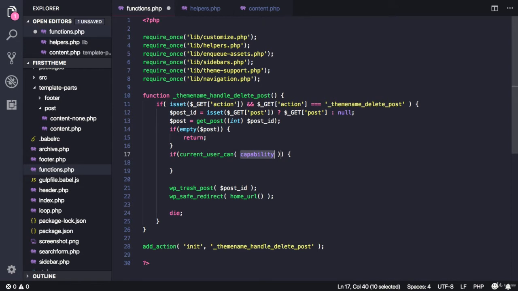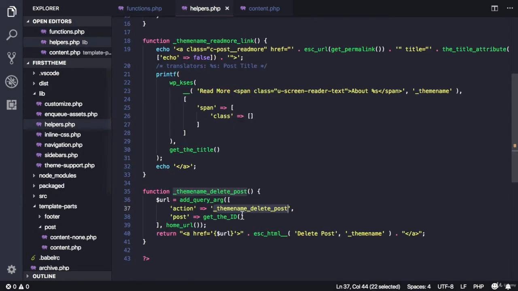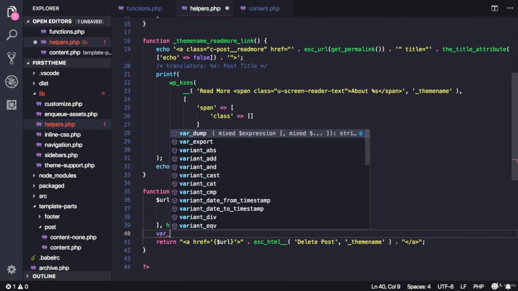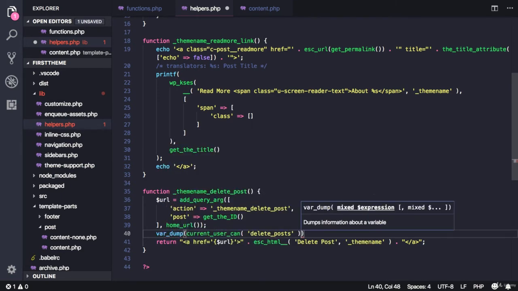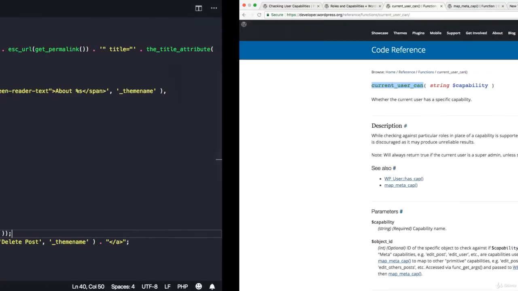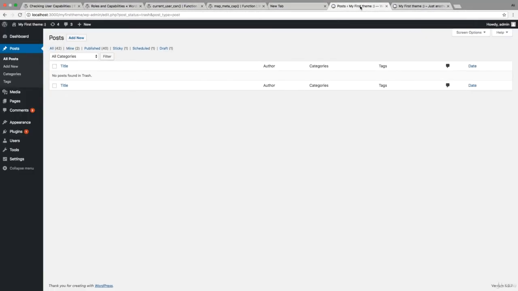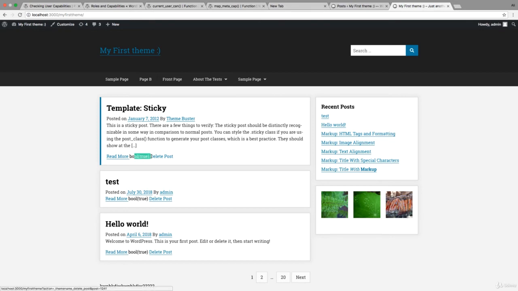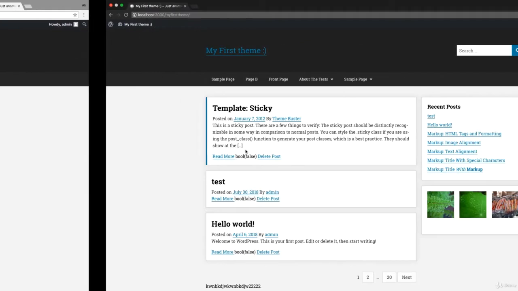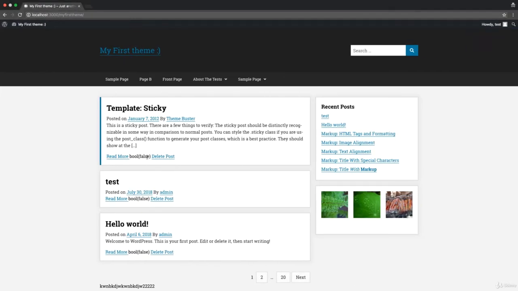And then let's try a capability called delete posts. Let's actually see what this will output. Let's write in the where we output the link. Let's var dump this, what will be returned from this, and let's see our posts. So as you can see, it returns true, and that makes sense because this is an admin, so he can delete any post. And here it returns false because this is a subscriber and he does not have the privilege